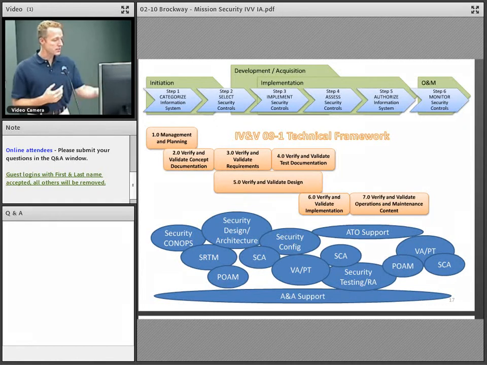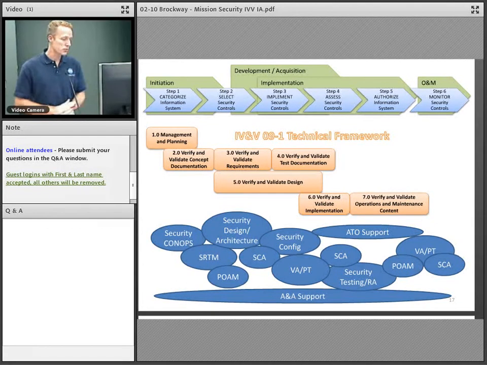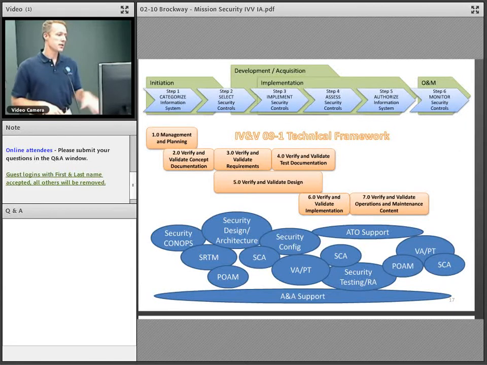Static code analysis, we talked a good bit about earlier, and you've heard some examples, and these are some of the areas where that fits into these life cycles as well. Now, A&A, that's assessment and authorization support. That's really across the entire life cycle, and again, not a paperwork exercise. That is to accomplish each of these steps in a very deliberate and intentional way. Now, this isn't just what IV&V performs or what the program performs. This is done in a synergistic approach in order to accomplish the mission.